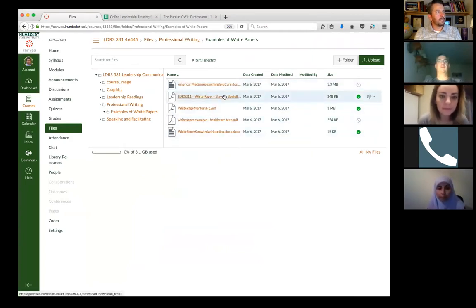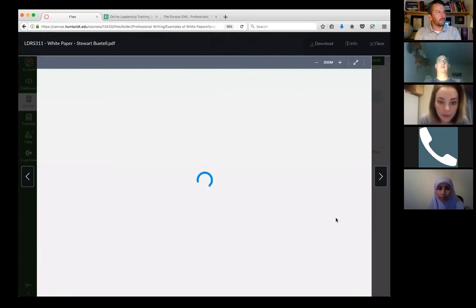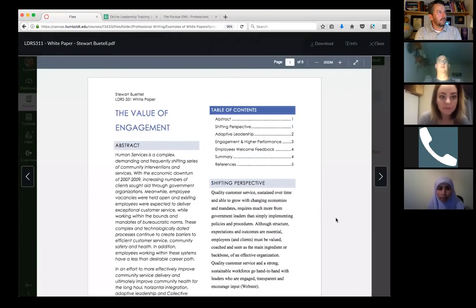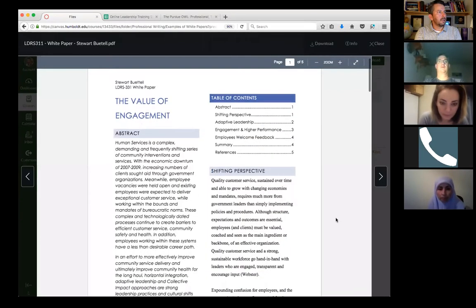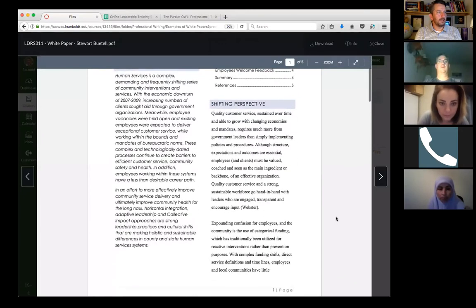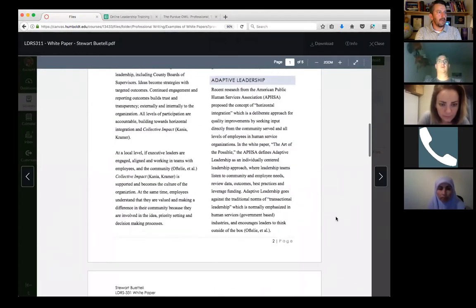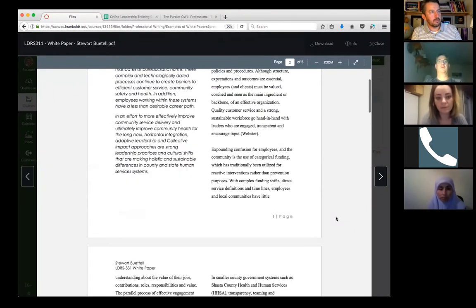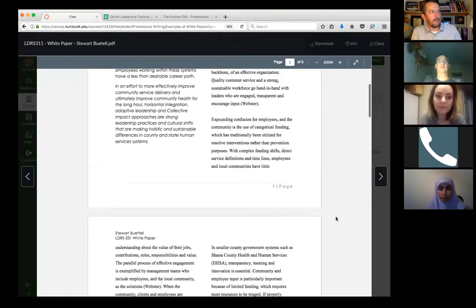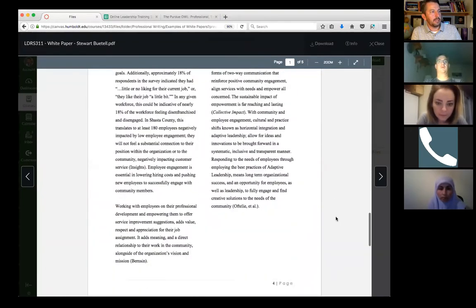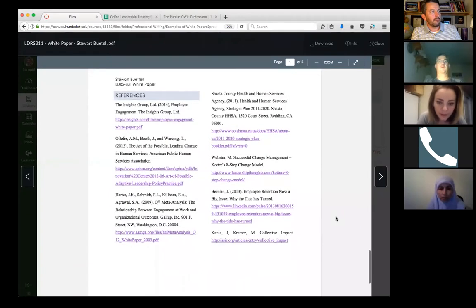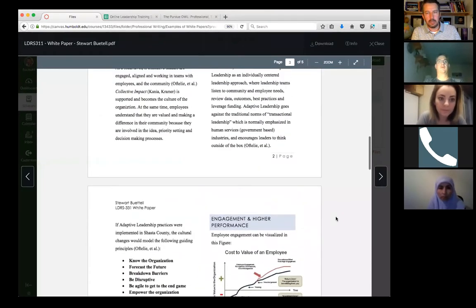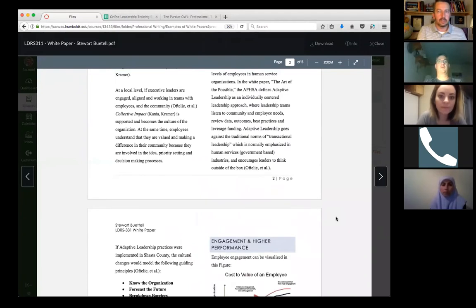So this is an example of what a white paper looks like. It doesn't always have to look the exact same, in terms of format. I have 3 examples, and this is probably the best in terms of grades. But I wanted to give you an idea of 3 different examples, 3 different styles, in other words.